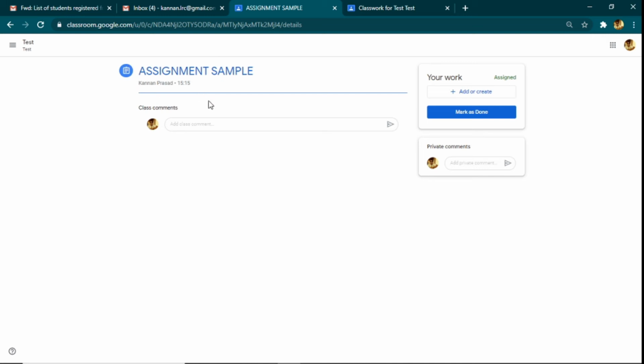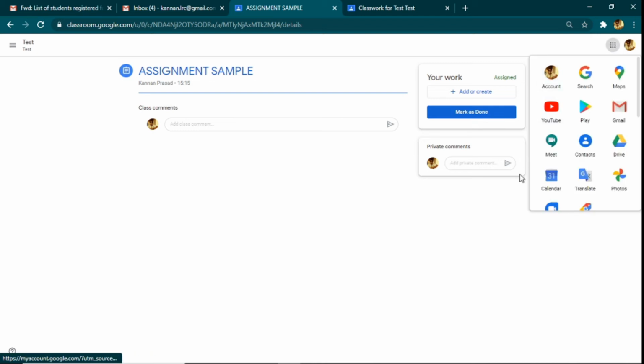Now if you have started using Google Classroom, you should also be aware of other products that can be used with Google Classroom as well. Very few products. You could find all the products right over here, right? So that is my picture, and there is a dotted grid box here, right? As soon as you take your cursor over there, it says Google Apps on the bottom, right? So there are many Google Apps which are going to help us in our classwork. So let us look at some Google Apps which will be very necessary for you.